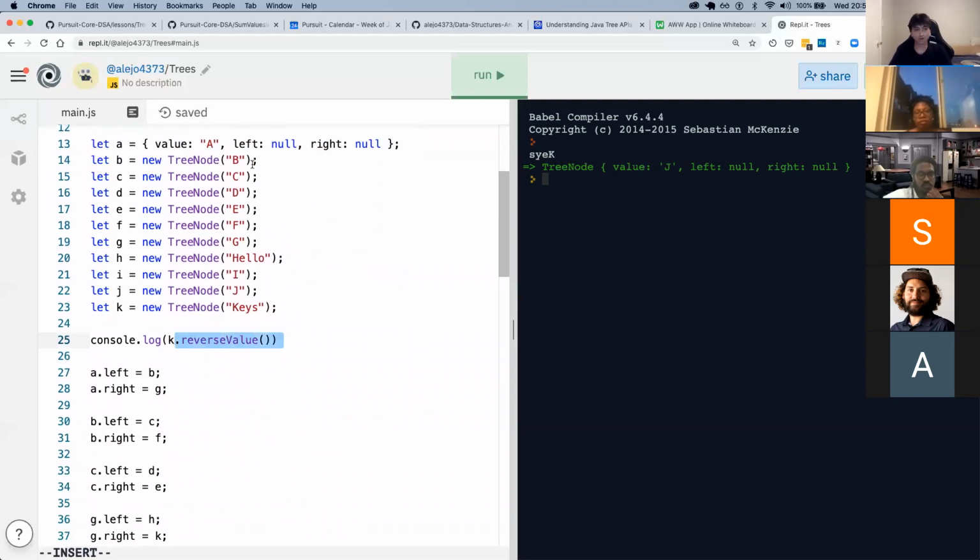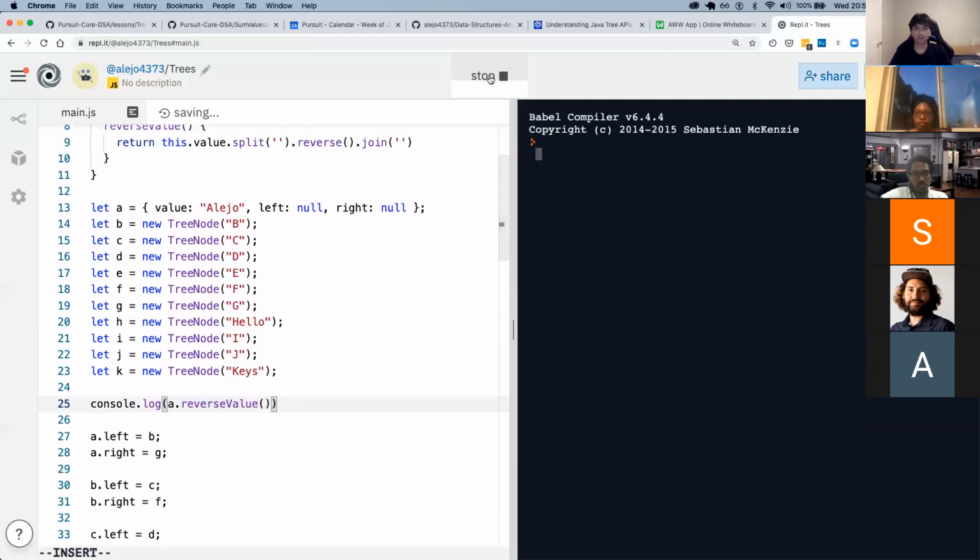If we try a.reverseValue, we get a type error saying reverseValue is not a function. We get that because a was not made out of the blueprint of the tree node class. Therefore, it did not inherit that function.